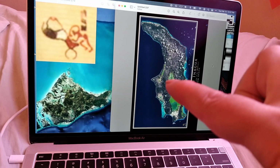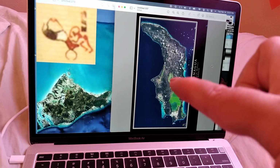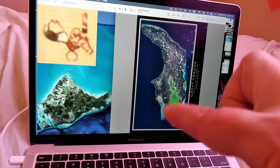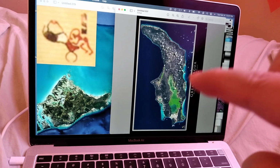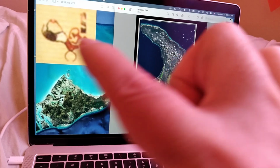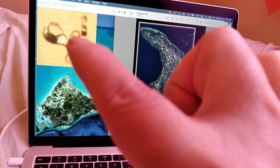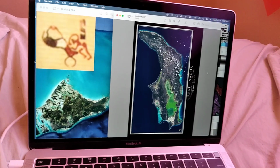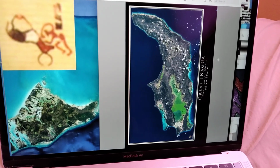And then this would be like this kind of disconnected leg that's cut off here by a little waterway and then goes to there. And then this part is a little more mysterious, but there are some waterways in here that probably delineate the head and this arm, or the head is this separate island next to it. So anyway, that's just a little more